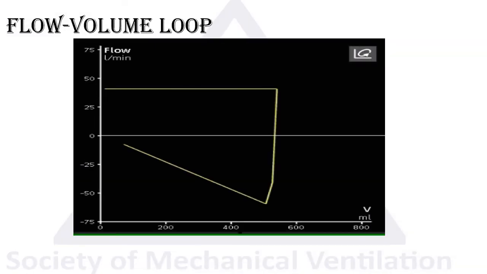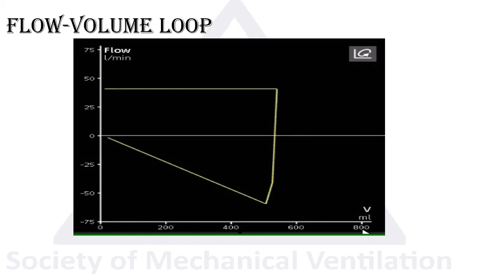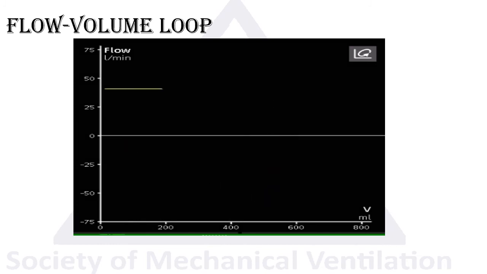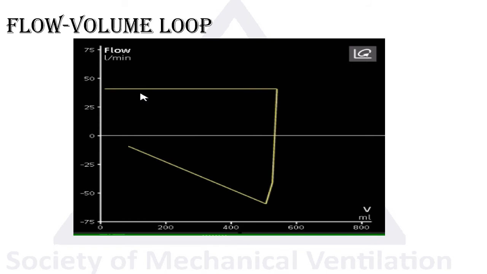We'll mention quickly the flow volume loop, which we all know from respiratory physiology, which is basically tidal volume on the x-axis and flow on the y-axis. This is a patient on volume controlled mode, again inspiration and exhalation, and it really gives you an idea of the relation between the tidal volume and the flow. As you can see here in this case, this is a normal compliance and resistance patient,